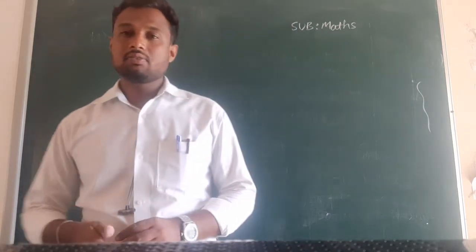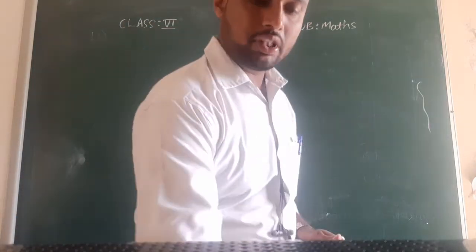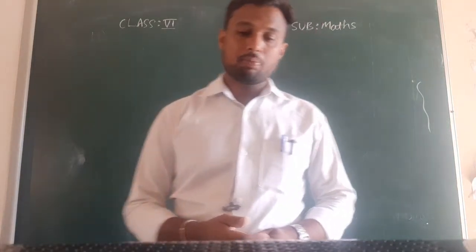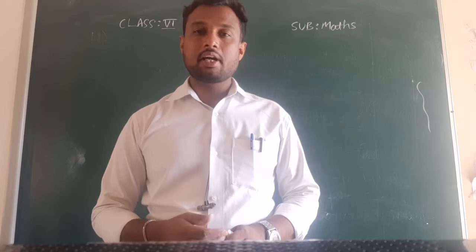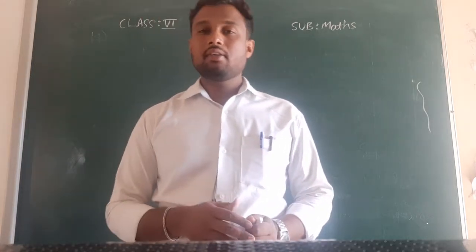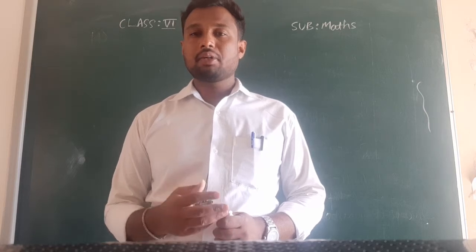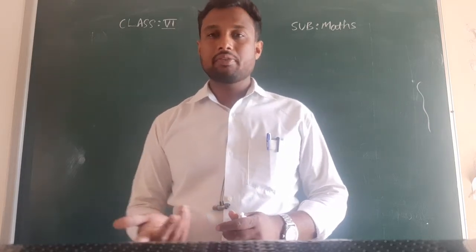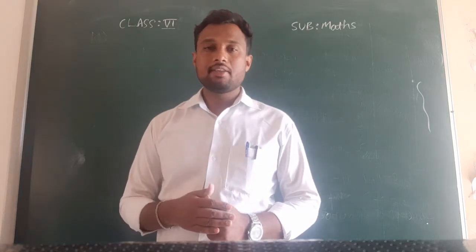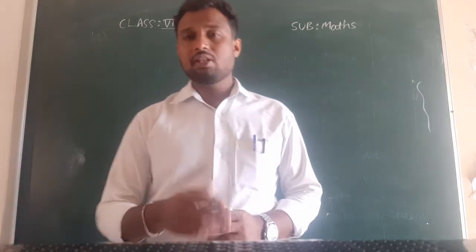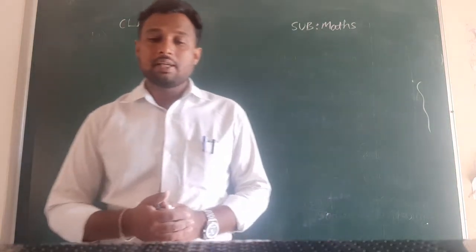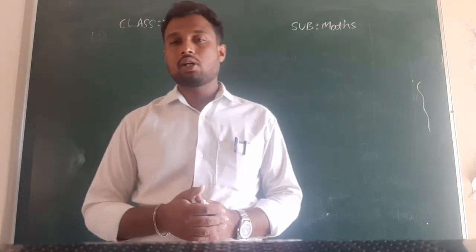In the previous class we discussed some examples related to using commas with the help of the Indian system of numeration and the international system of numeration. And with that we again compared numbers, which is the greatest and which is the lowest, and we wrote numbers in ascending order and descending order. Based on these concepts, today we will try to solve some problems from exercise 1.1.